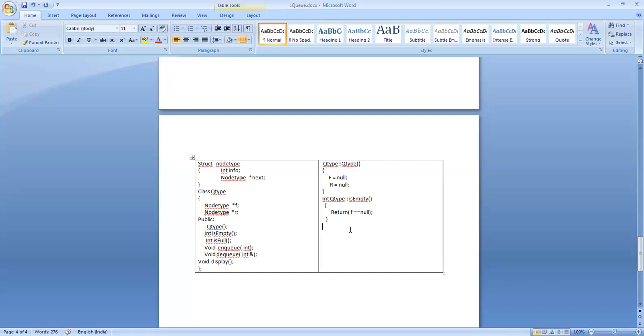Then how to check whether the queue is full or not? Here comes the complication. You can keep on adding values into the queue. Only the size of the memory device in which the queue is going to be kept is the limitation. So if the memory device is full, you will not be able to allocate memory to a pointer variable to point to.